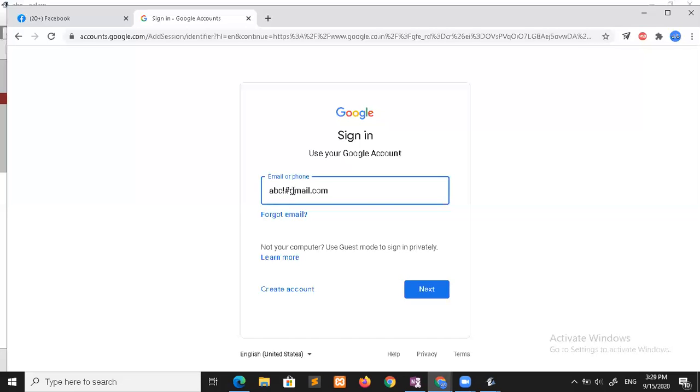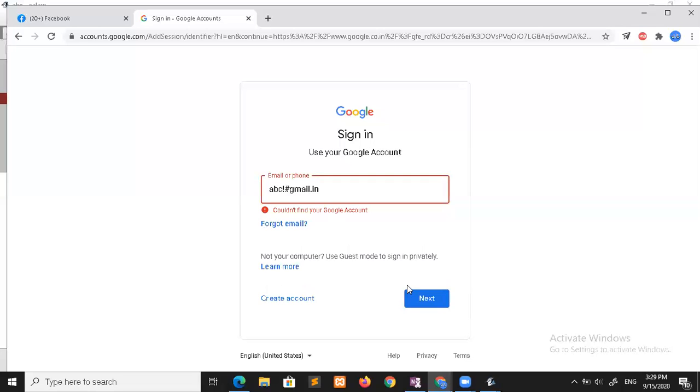So the answer is, beta, here we are doing the proper authentication, that is, proper validation is to be done. So what does proper validation mean? If I put .n over here, okay, I'll show you next. See, what came? Red came on this, okay? It is being highlighted with red that it couldn't find your Google account. Why? Because I have given an incorrect value .ndia, used a hashtag, used an exclamation, which does not fit their protocols at all.